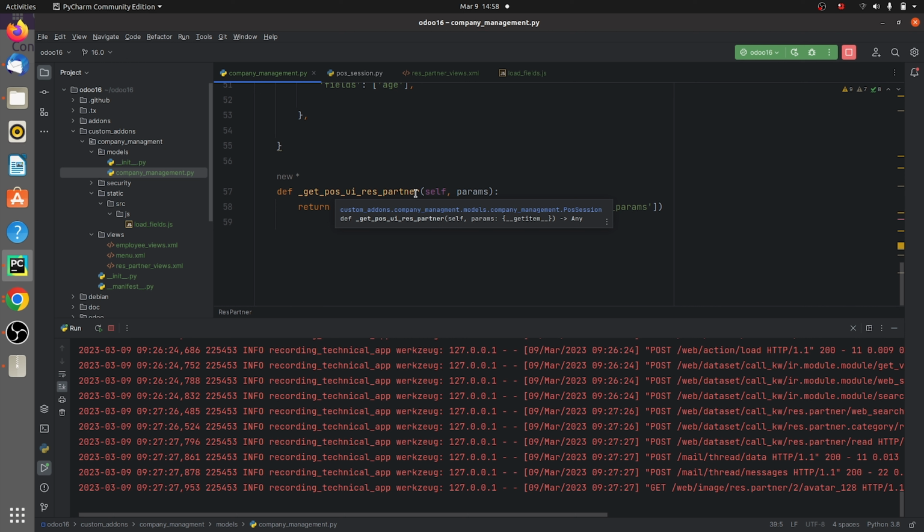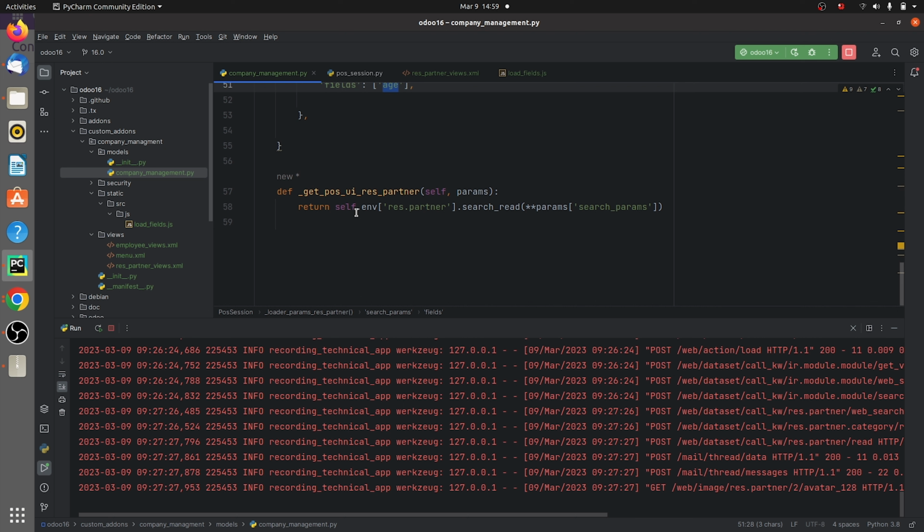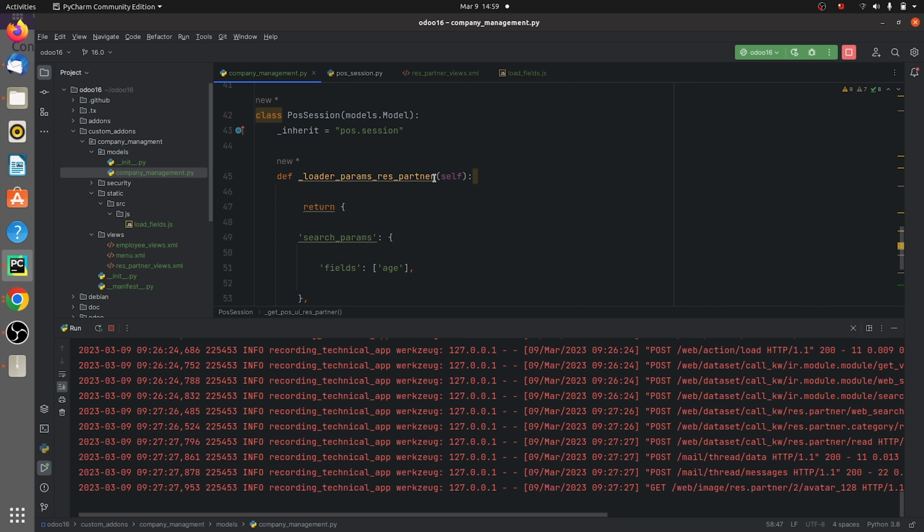where you are mentioning the model to which the field belongs, that is res.partner, and you have given the return here where it goes to the search params. So here you have given the search params and you have returned the field value age in that search params. As you can see, you're passing the argument here where the search read has all the records of the model res.partner. And here you have the function loader params